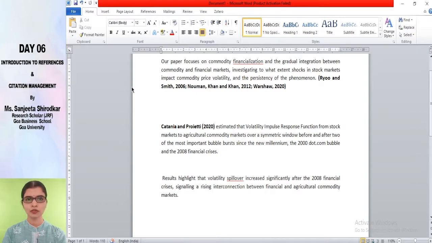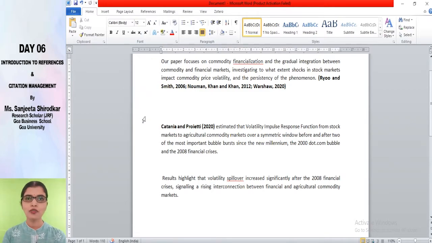So let us assume that you were working on APA, and now the research journal where you are planning to send your research is asking for Chicago style or MLA style. So once you want to change this paper to another style, that is the point when it would start giving you problems, because you have manually tried to make some changes to it. So please do not make any changes manually.